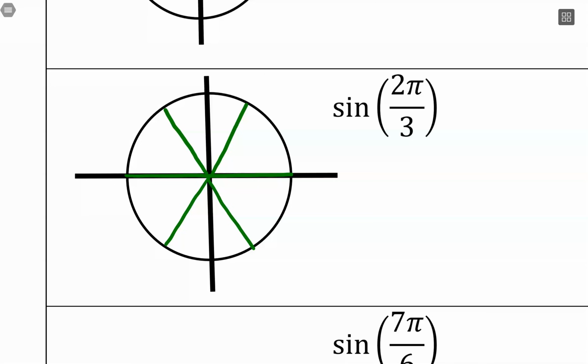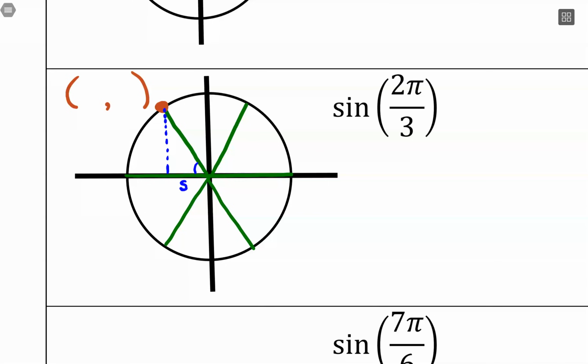If you looked at something similar in last week's lecture when we talked about angle measurements, and if I think of this as the starting point, 0, I want 2 of these thirds. So we would go 1, 2. Which lands me right there. And now what I need is my coordinate. And this is where I think about the triangle. So with this triangle, I know I'm at a 60-degree angle here, and that's my 30, 60, 90,